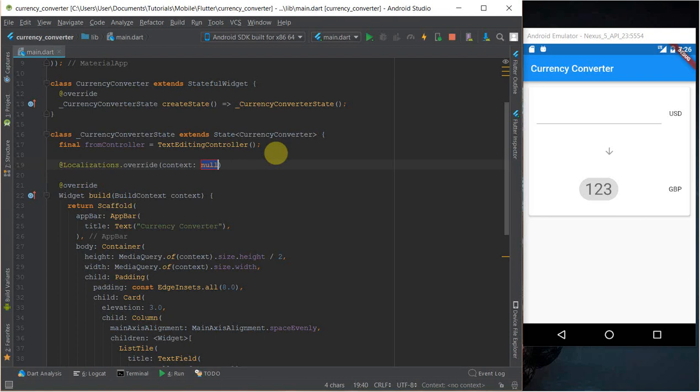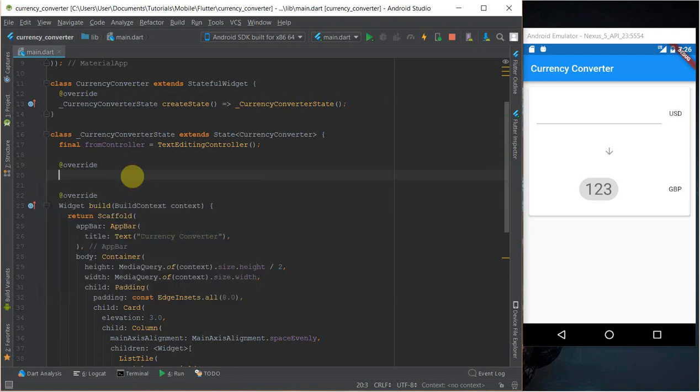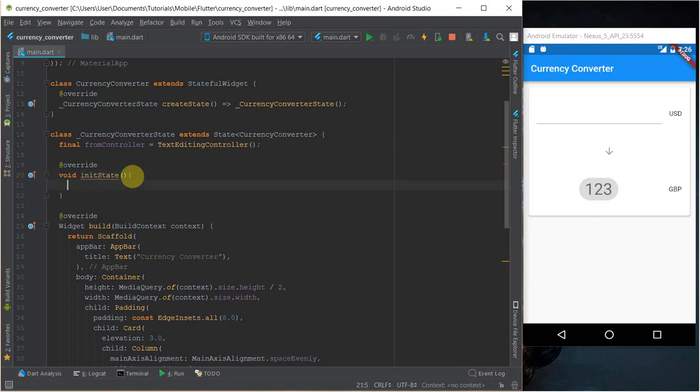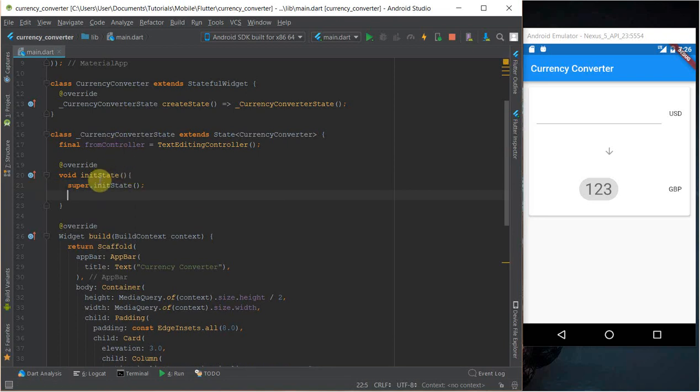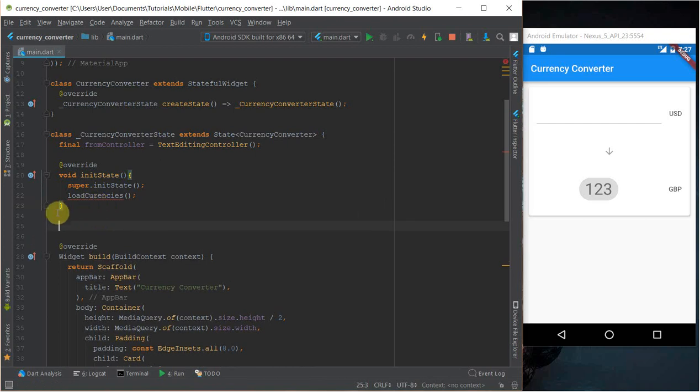So the first thing we'll do would be to override the init method. Let's declare it first, initState. Yep. Then we'll call a method, let's call it loadCurrencies, and we'll create this method over here. So the method loadCurrencies